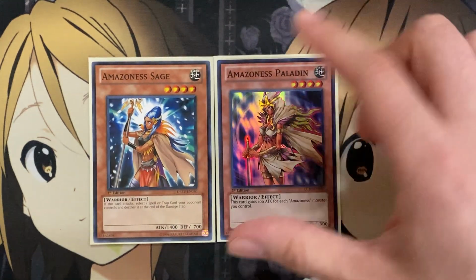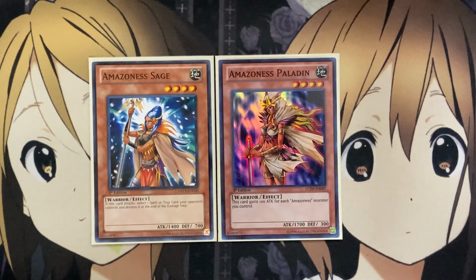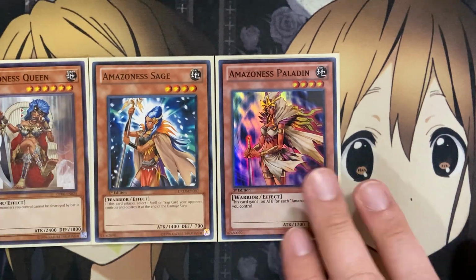This can be the power card you need for it, especially if your special summons are limited. And with Amazoness Sage, if this card attacks, select 1 spell or trap card your opponent controls and destroy it at the end of damage step. So once again, Amazoness Queen is very vital for this play to go successfully, because if your Amazoness Sage attacks